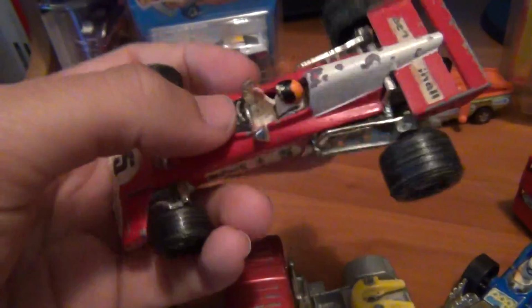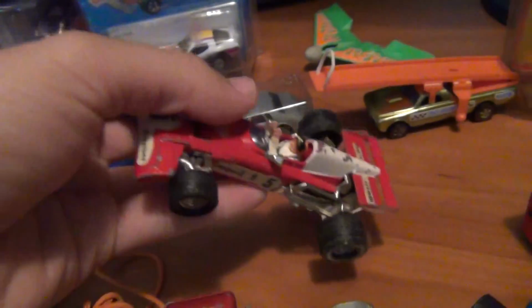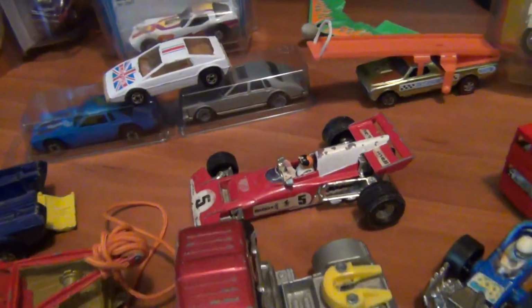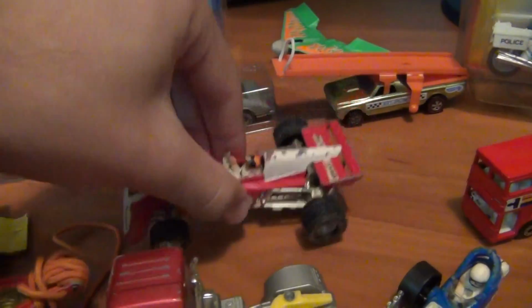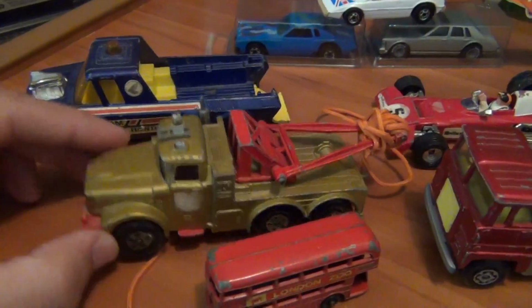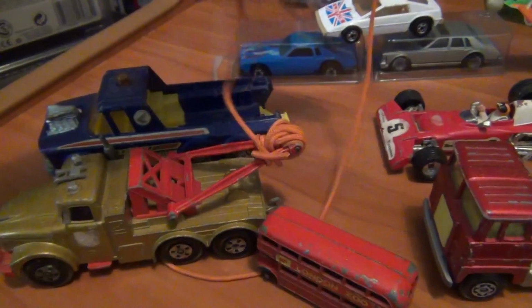Very nice indeed. Love my old racing stuff. Imagine this thing screaming down the front straight away. It'd sound pretty awesome, might I say. Love the old, I think they're old Formula 1s, very cool indeed. Or IndyCar. Pretty sure it's Formula 1 though. Got a tow truck here. As you can see, he's had a bit of an accident himself with his old